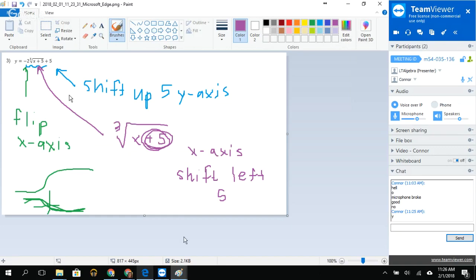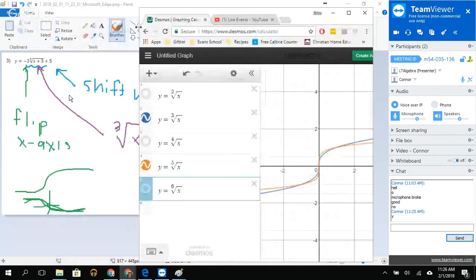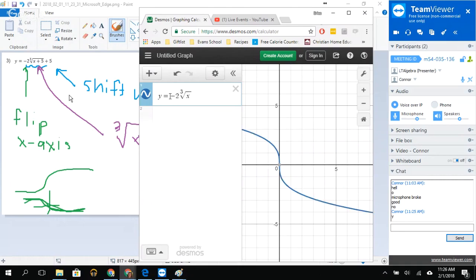So let's see if we're right, because again, I am rusty. Also a good thing to know how your graphs shift. Okay, -2. So yes, flipped it over, right? Oh, it made it a little fatter because we're multiplying everything. Then when we add in the plus 5,